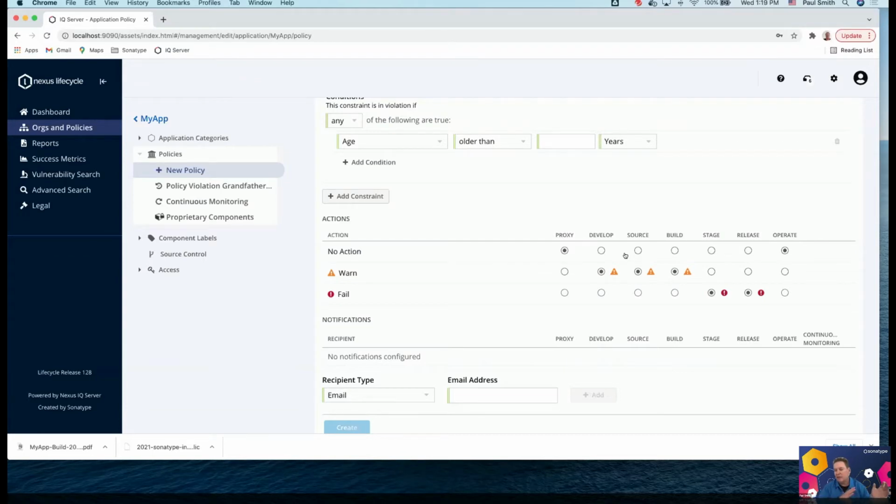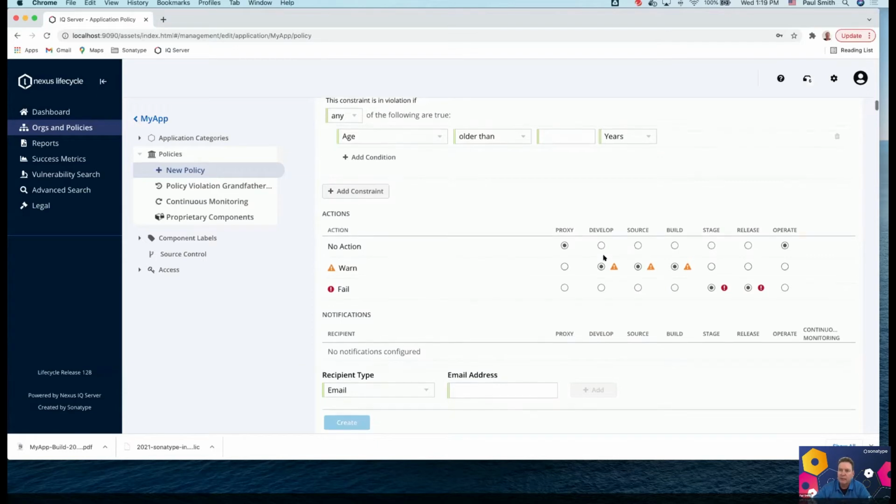So again, shifting left as we're moving right through the pipeline, we can apply different contexts on the vulnerabilities or the legalities we're finding with our containers and open source and infrastructure as code.